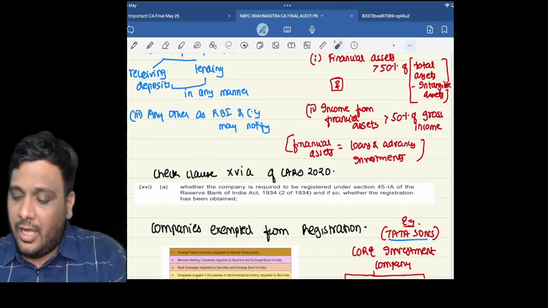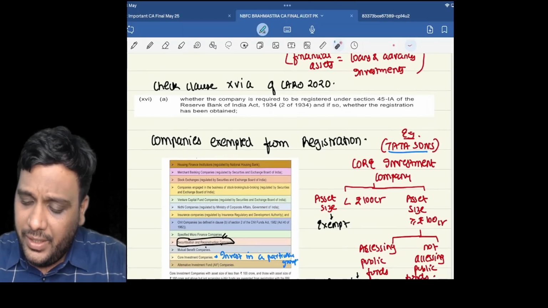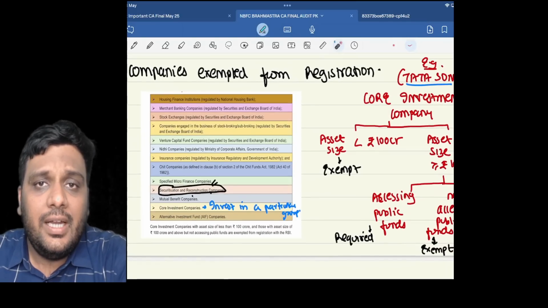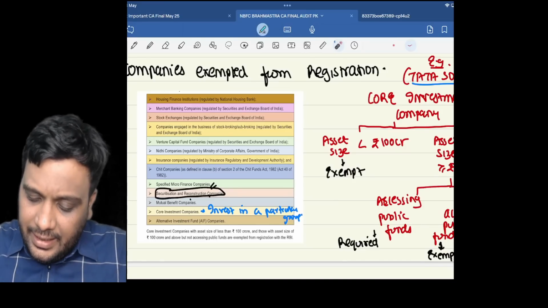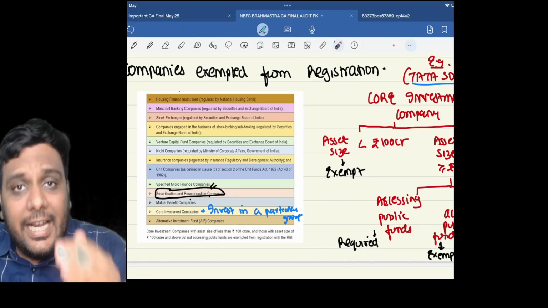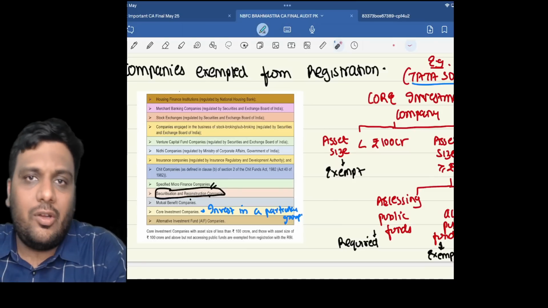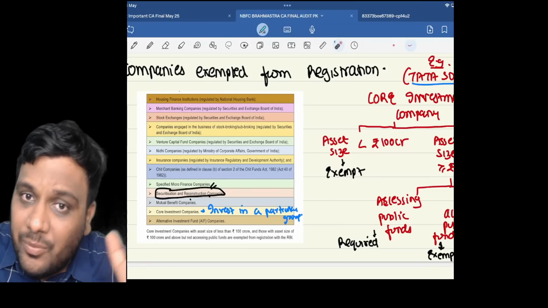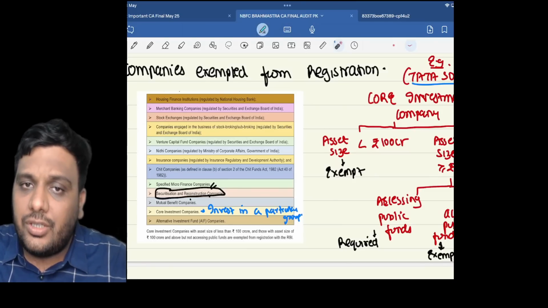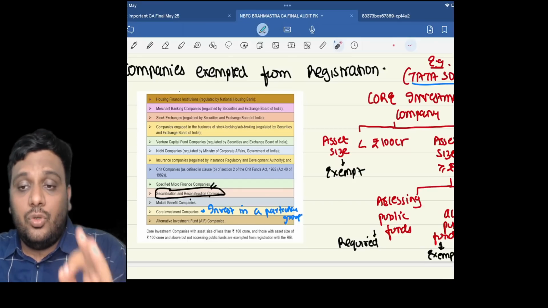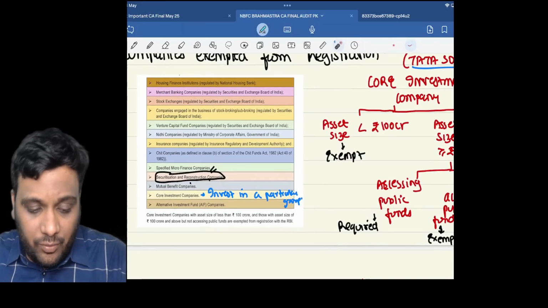All right. Now, there is a list of companies exempted from registration. Let me be very clear that these are the companies which actually satisfy the 50-50 rule. However, they are regulated by other regulators. That is why they are in the exemption list. That means there is no need to obtain registration from RBI. However, the most critical from this list